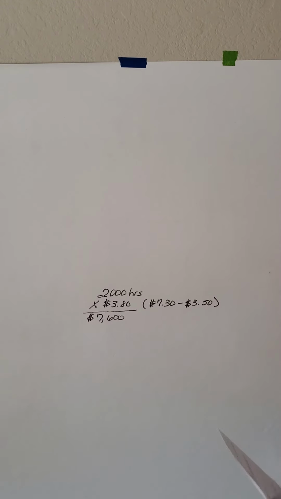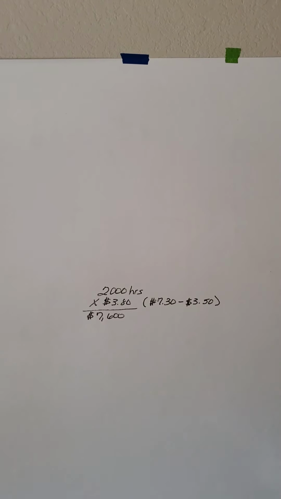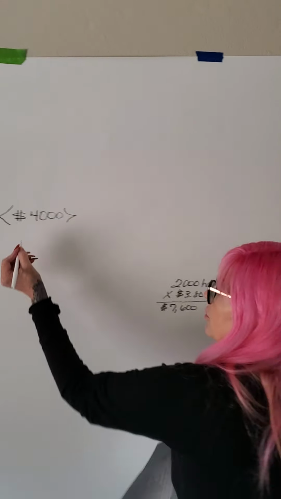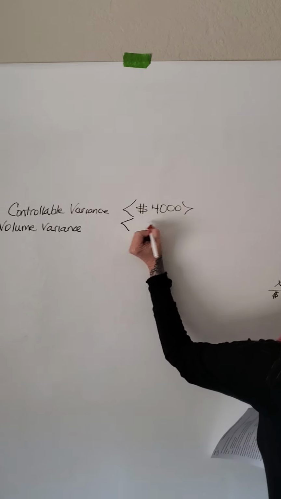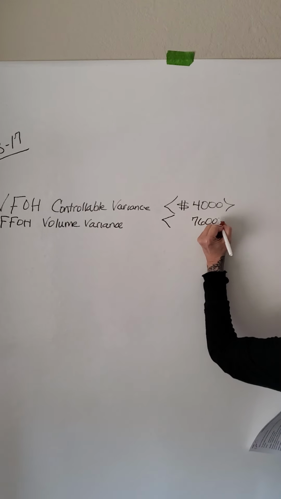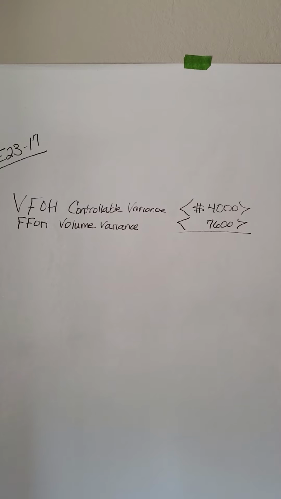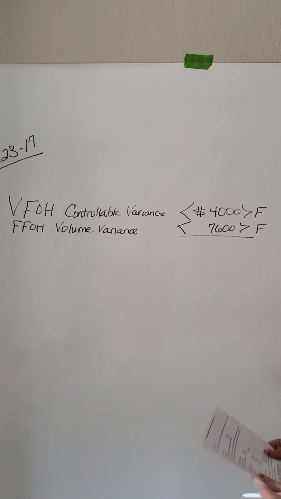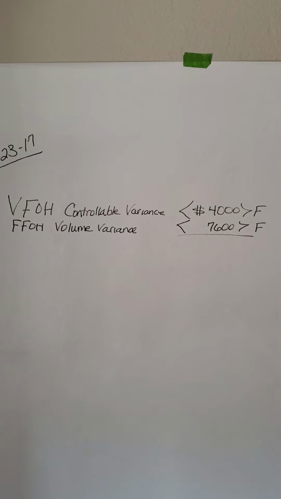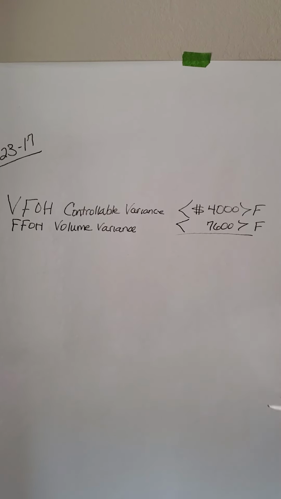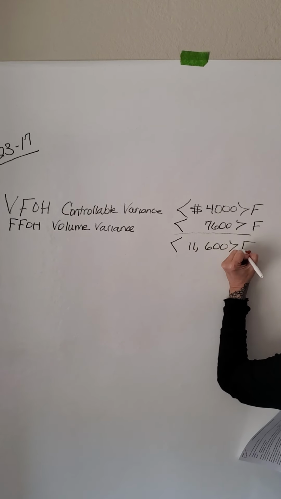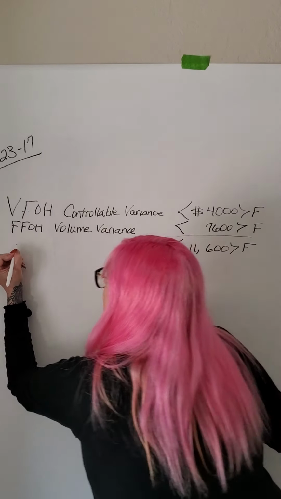And that's also going to be favorable, right? Because we used less hours than was at the standard of 132. So we're going to put this in here at $7,600. And then when we add the whole thing together, sorry, I should put the F's there. We're going to add the whole thing together, which is going to give us total factory overhead cost variance favorable of $11,600. Let me put that over here. Total